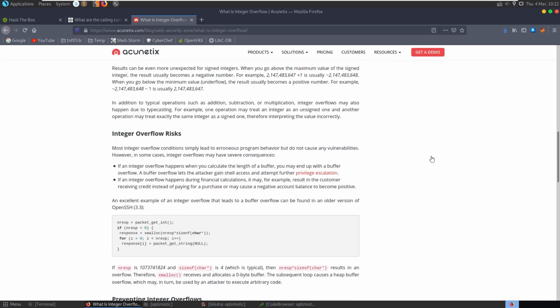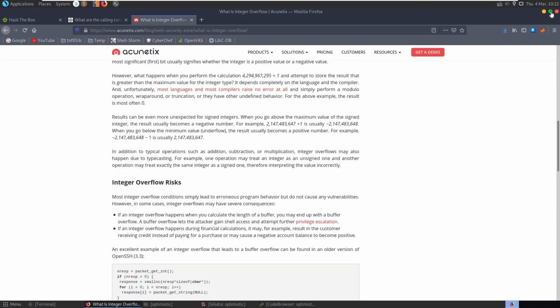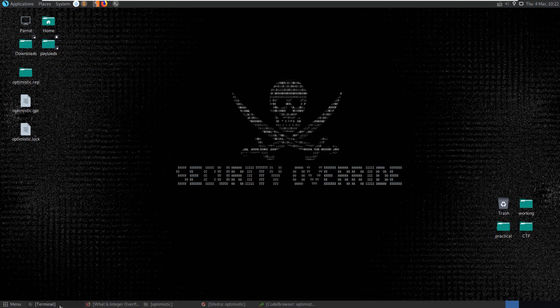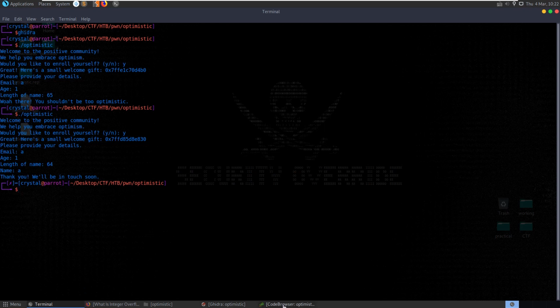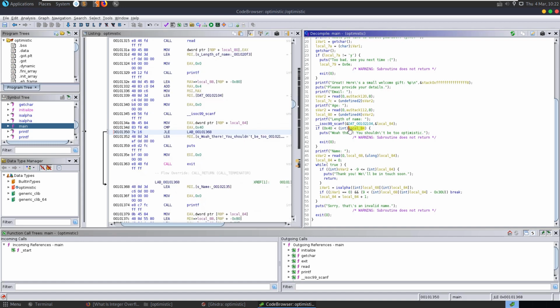So you can have a look at this, have a look at some of the risks and an example of this in action. But essentially, what we're hoping we might be able to do is go and supply a negative number here for our name length, and then whenever it goes to do this comparison, it's going to say, is the value that we've provided below,